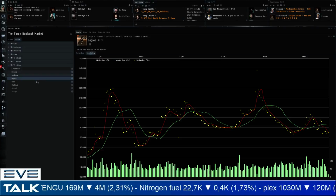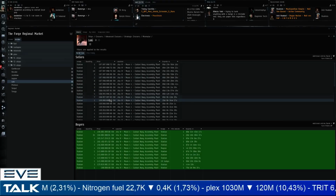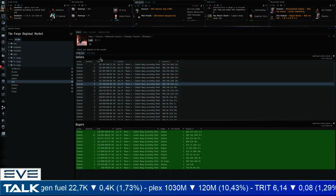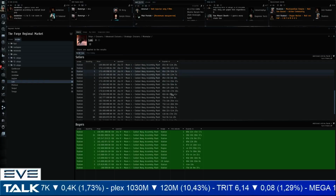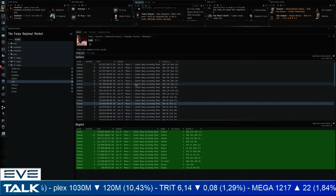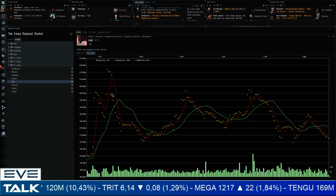So let's take a look at the Loki here. Very similar chart again, going below 170 million in fact. And despite that, half a front page of new ones. Lower in volume, but still seeing 16, 6, 6, 8, 4, 7 here. It's quite a few of them that are still coming in here. Availability, again, I would say average, because a lot of them are small in volumes, but the fact that we're still seeing them coming in here, being sold here, despite the pretty low prices at the moment, is a bit